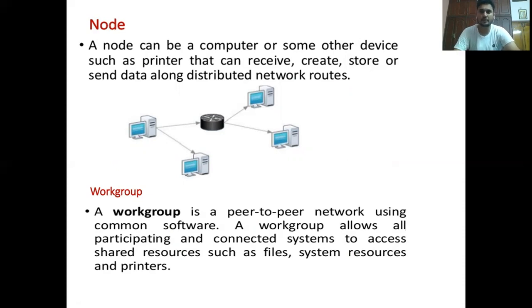A work group means a group of connected systems that access shared resources. For example, one printer is available and four systems are there. That is the shareable resource for the systems, so four systems are using the same printer. Otherwise, you are sitting at system number 1 and your friend is sitting at system number 32. If you want to transmit data without the internet from system number 1 to system number 32, that is possible by sharing information from one device to another device. All these belong to work groups.